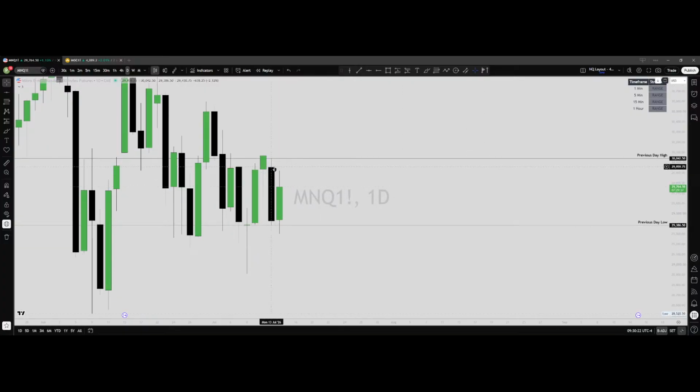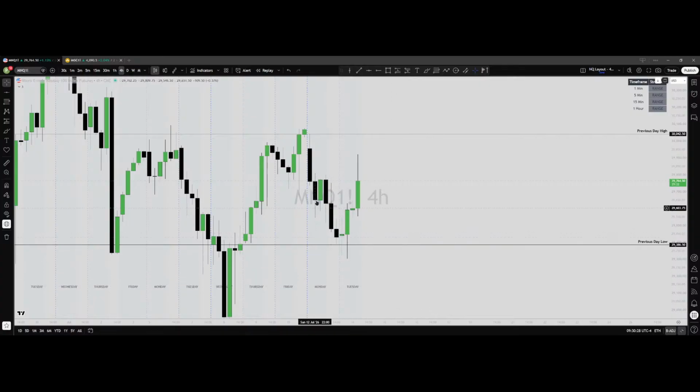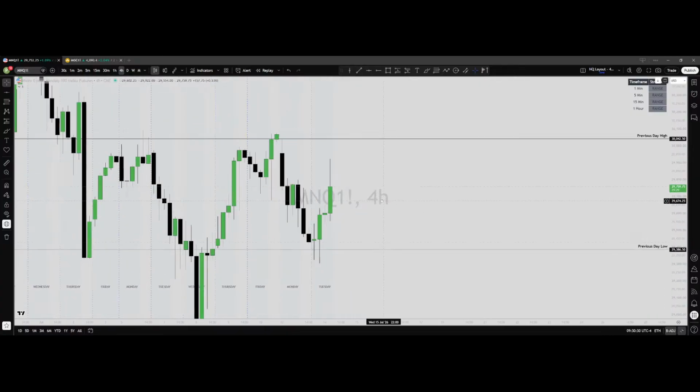So I've already marked previous day high and previous day low. Let's start with 4-hour time frame. On the 4-hour time frame, we can see a liquidity sweep, with a V-shaped rejection coming out of it. What I'm looking for is a good candle closing above this line on the 4-hour time frame. Okay, now let's move to